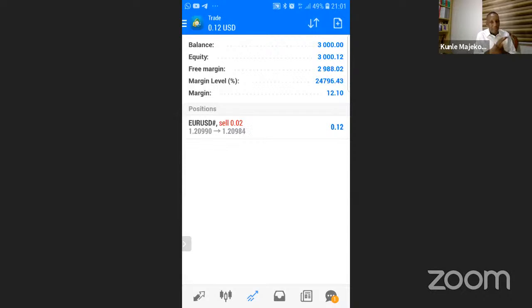Now, for those of you that said we should sell, it's like the market is selling. We are in profit already, but it doesn't mean that it's going to end in profit because it can still go back. But that is how trading is done, ladies and gentlemen. You have entered the market. Now, we have not put our stop loss. We have not put our take profit. And I told you it is very important. We have entered, the market is running, but you can come and modify.